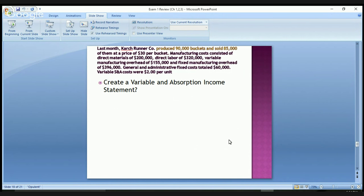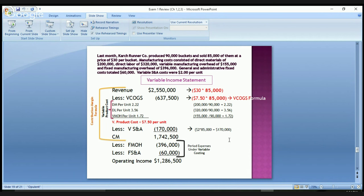Okay. Now, here's another one. You need to know how to do an income statement. So remember, you have the contribution margin method for the variable, and then you have a regular income statement for the absorption. So let's look at the variable income statement. The first thing we're going to do is we have 85,000 units sold, and we're going to sell them at $30 per bucket. And so I take the 30 times the 85,000, that gives me